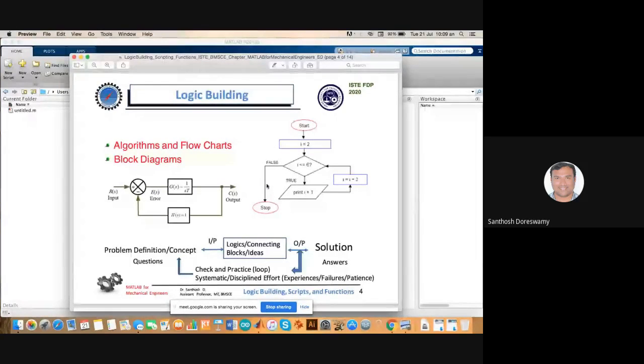so let us understand how we can try to build a logic. In a generic sense, logic can be built if you have a sequence of small computation steps. Like you use your calculator to compute the value of variables using a few arithmetic operations, and those are known as your expressions, right? So if you have the first expression, let us say a is equal to b plus c,